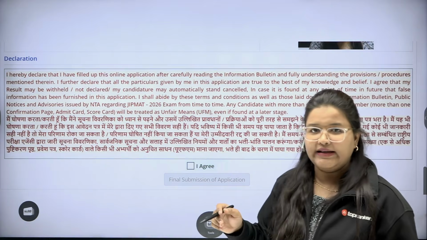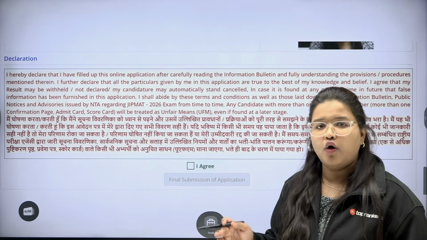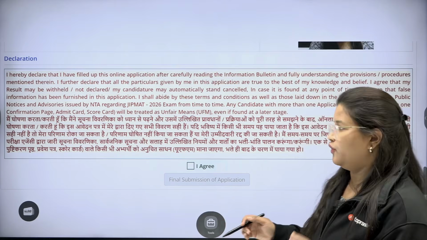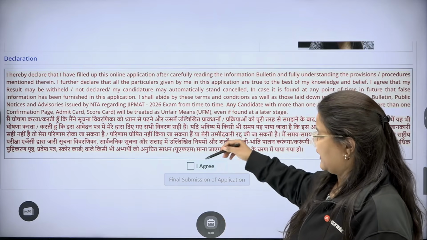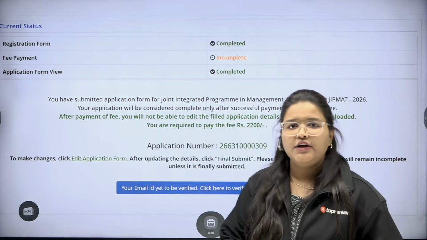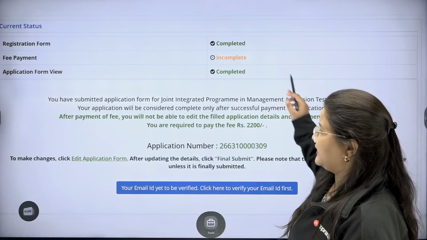So once you click there, the camera will automatically be opened. So use your laptop or your desktop, which has a webcam inserted, so that the photo can be captured. Then click on the declaration, I agree, and move forward. Once you do this, the application form is complete and the status is available here.